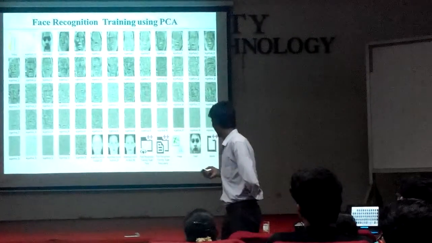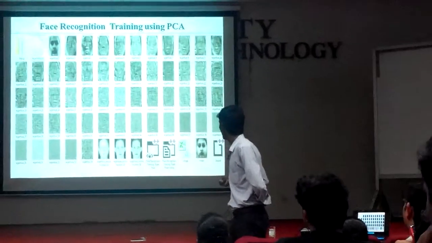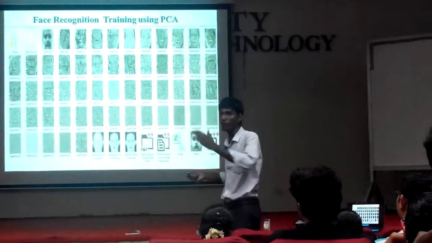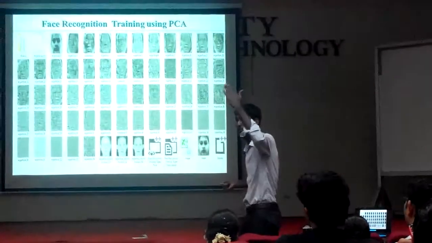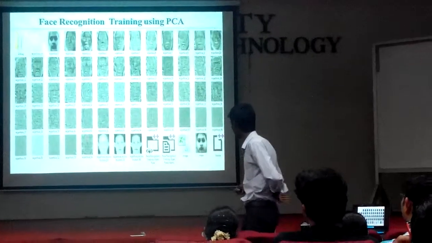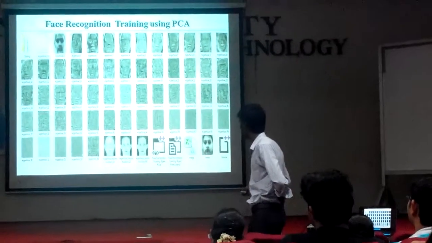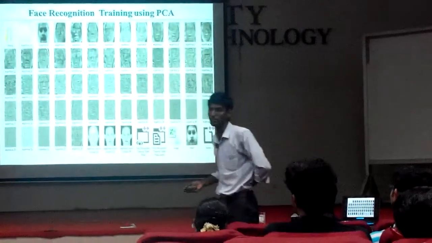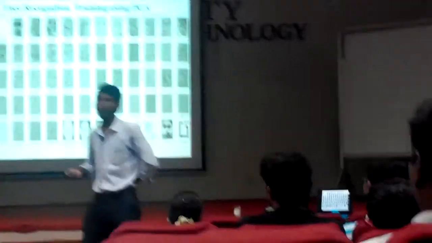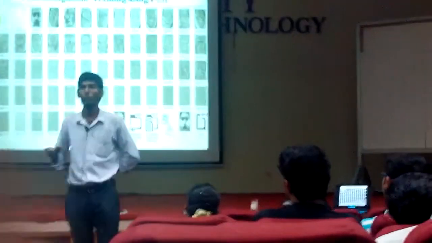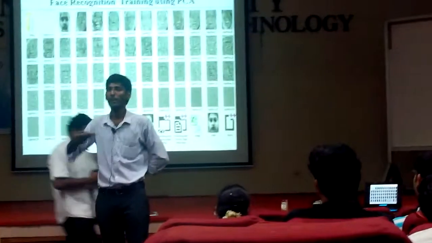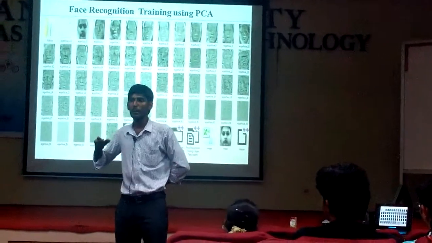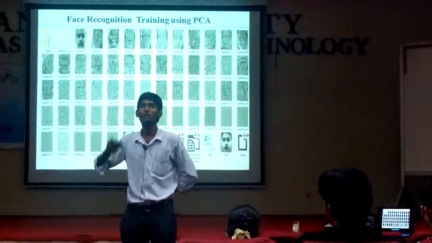In this case, the first principal component holds the most important features to recognize the face. When you go from left to right, the number of features gets reduced. The last principal components have fewer features and more noise. We do not require them when the image has fewer features and more noise, so we can go for the reduction of the principal components. Automatically it will reduce the number of features and the speed will increase.